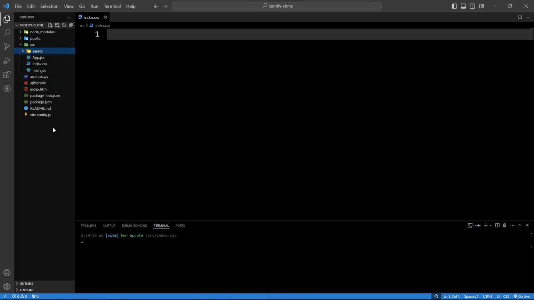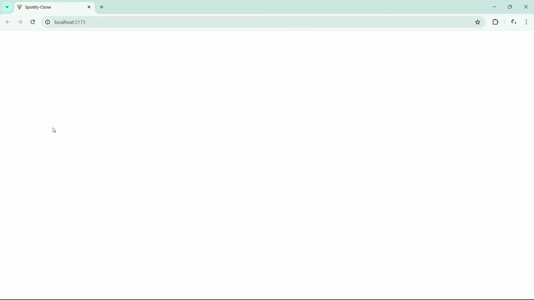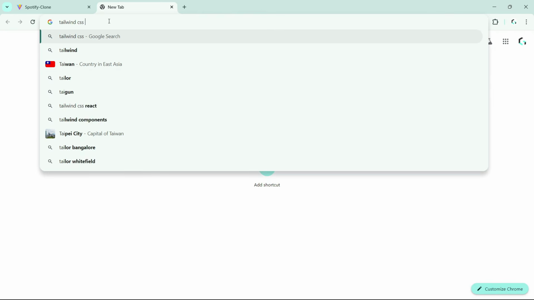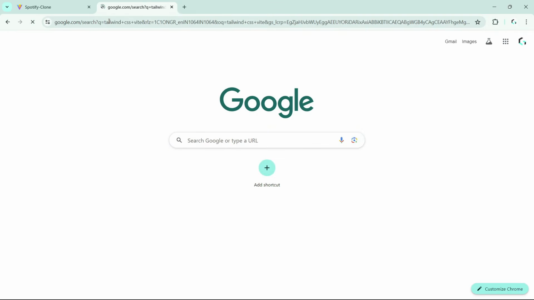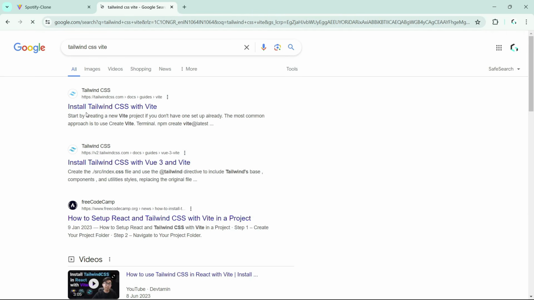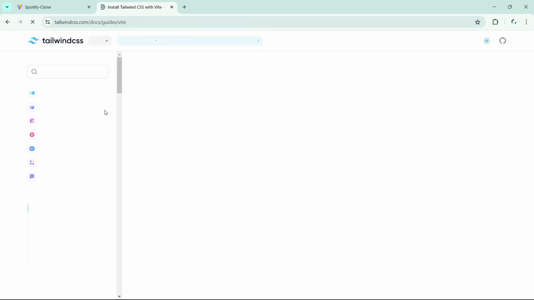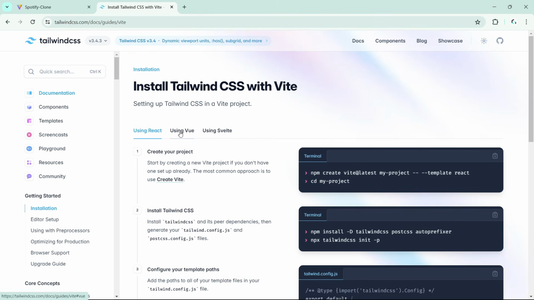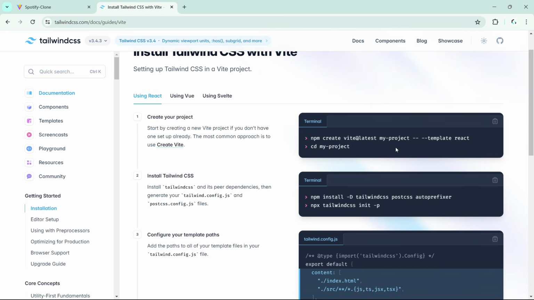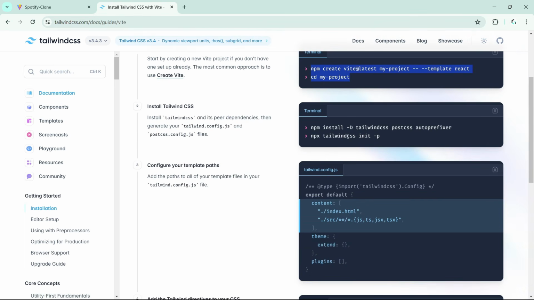Now we will add the Tailwind CSS support in this project. To add the Tailwind CSS support, we will open the web browser and here we will search for Tailwind CSS Vite. We will open this link, install Tailwind CSS with Vite. So here we have the instructions. We have created the project. After that we have to install the Tailwind dependencies. So we will copy this command